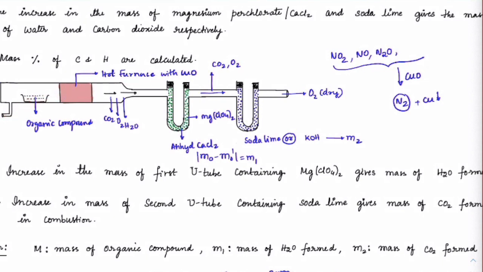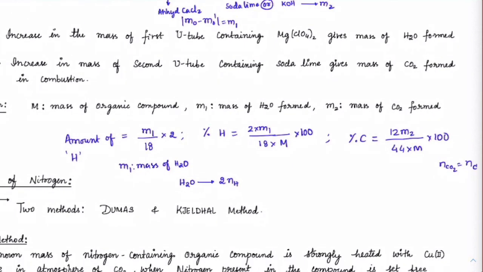Are you getting it? So if there was any nitrogen also present in it, what will it do, beta? That will also come out as nitrogen gas outside. Outside also you will have, along with oxygen, you will have nitrogen, because nitrogen doesn't get absorbed in this or this. So this percentage mass does not mean that the sum of these two will be equal to the mass of the organic compound. Is this clear, beta?